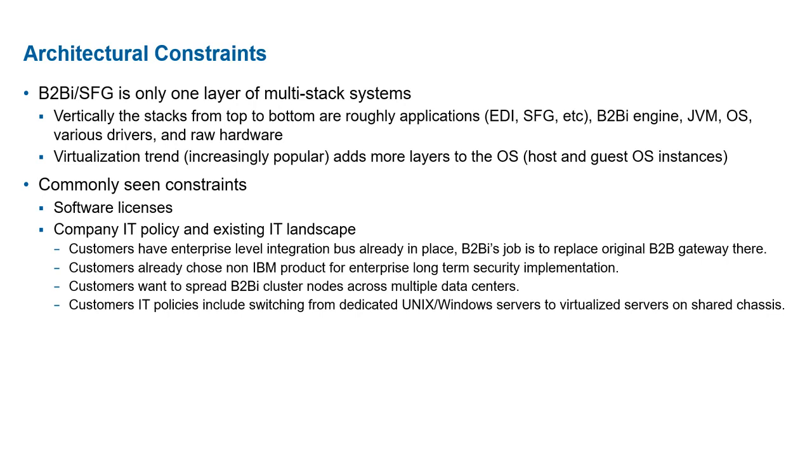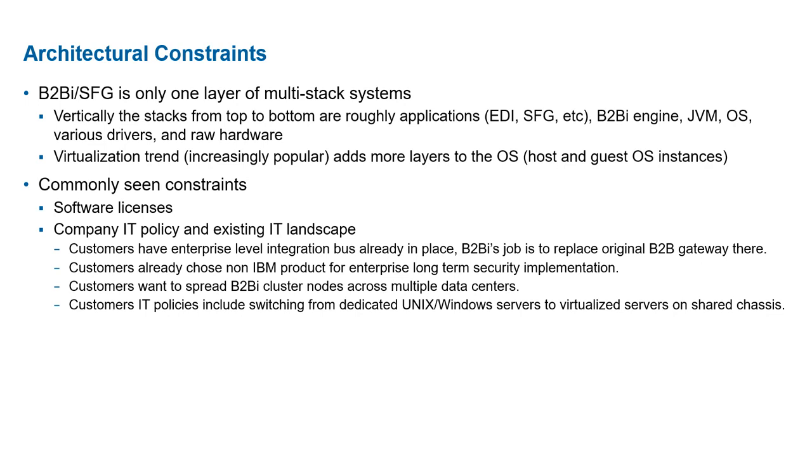The number three is around distributed deployment. The customer may want to spread B2B cluster nodes across multiple data centers. That's kind of a constraint, and you need to plan accordingly as an integration architect. Number four is around virtualization. The IT policies may include switching from dedicated Unix or Windows servers to virtualized servers or maybe containers,